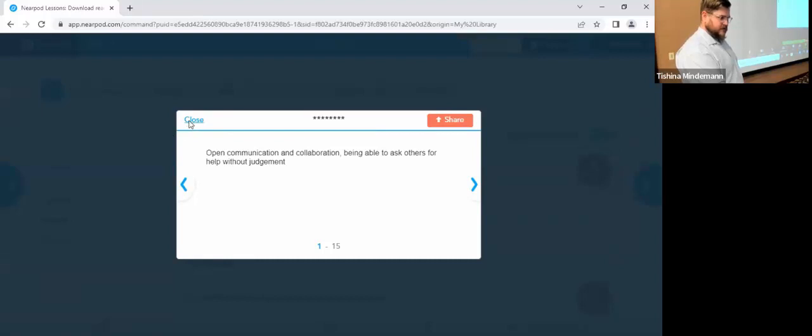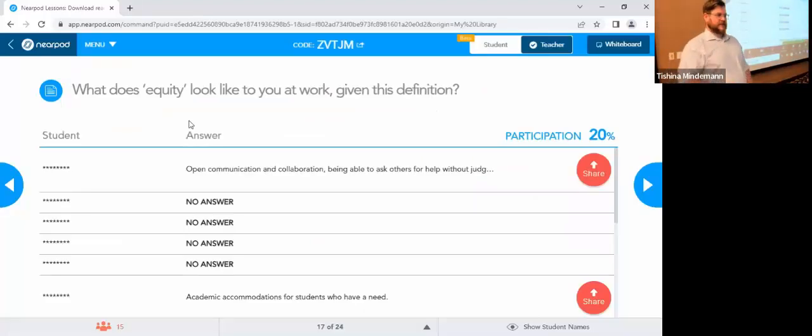So someone in the chat said mass individual customization akin to an IEP for every student, which takes into account an individual's need to be successful. Yes, absolutely. And as someone who's taught high school, I can tell you the IEPs sometimes felt like an inequitous demand on my time as a teacher, especially as a first year teacher. But you know, they're designed to address that in other students.